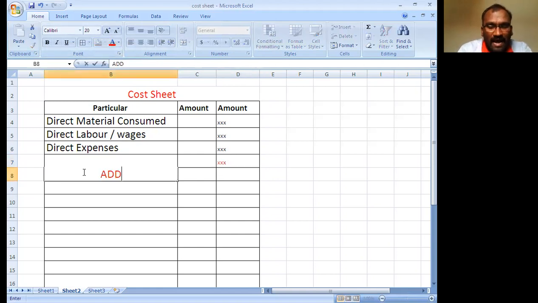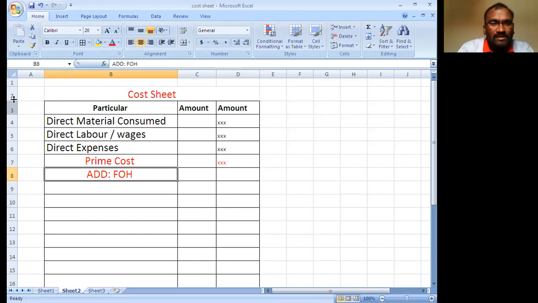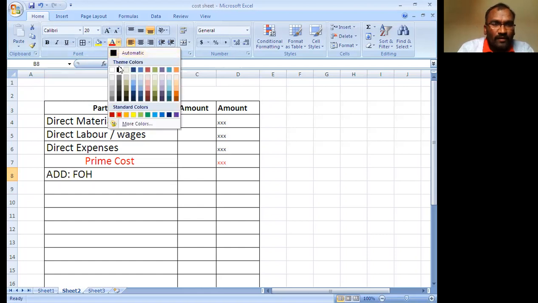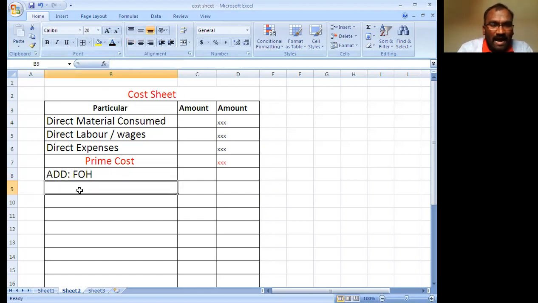After that, you add factory overheads, and less any scrap value or salvage value. Finally you get the factory overheads value net of scrap value.